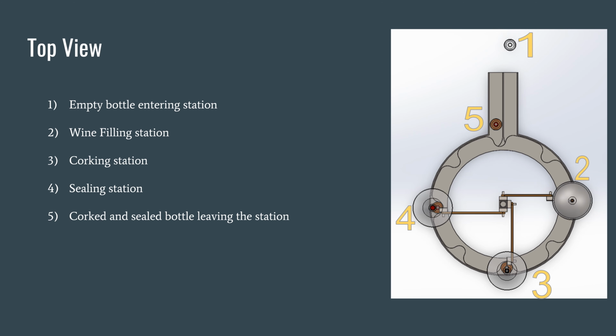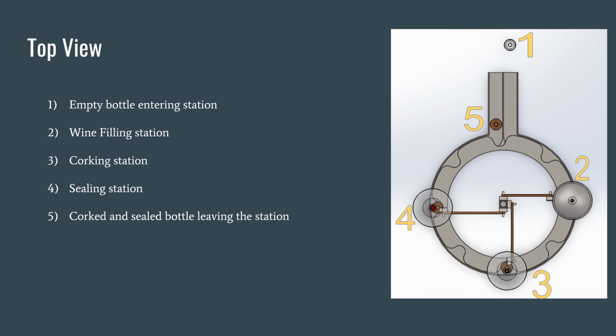This is a top-down view of our production line. The process starts with empty wine bottles in step 1 and ends with full corked and sealed wine bottles in step 5. Starting at the top of the image, at step 1, the wine bottles come into the workstation. From there, they join the circular track and move clockwise to station 2. At station 2, the correct amount of wine is dispensed into the bottle. After this